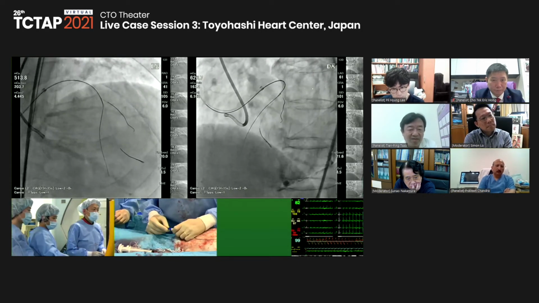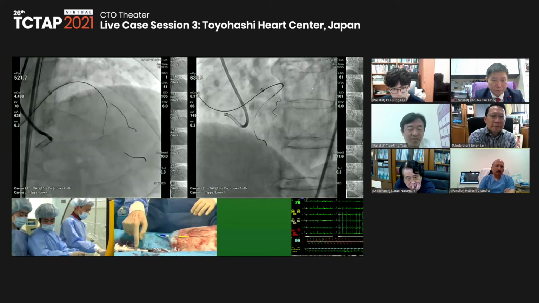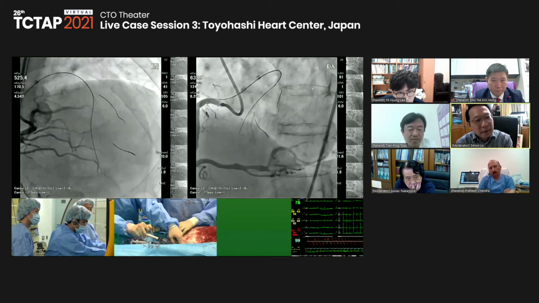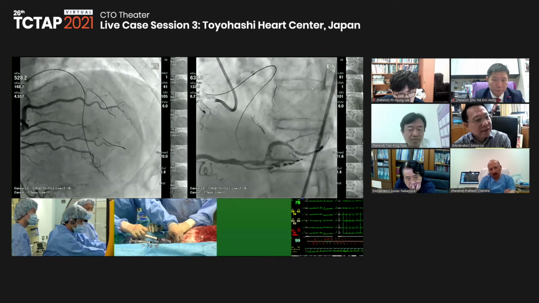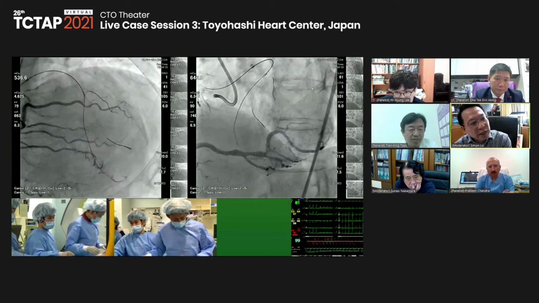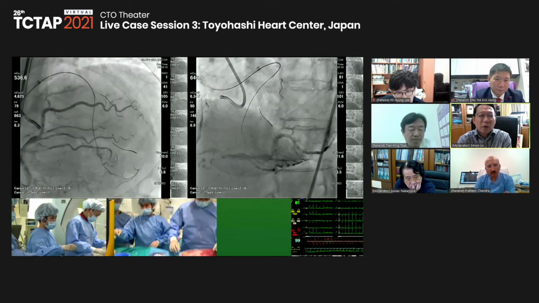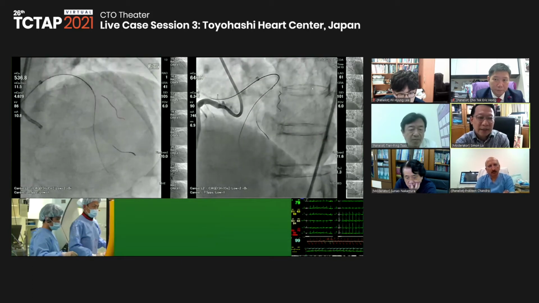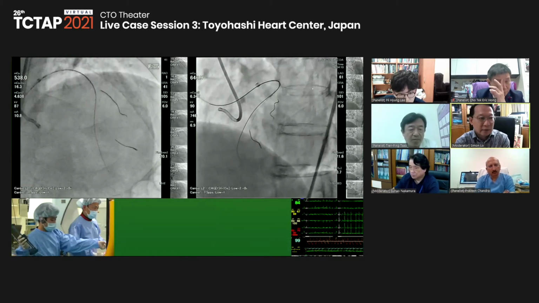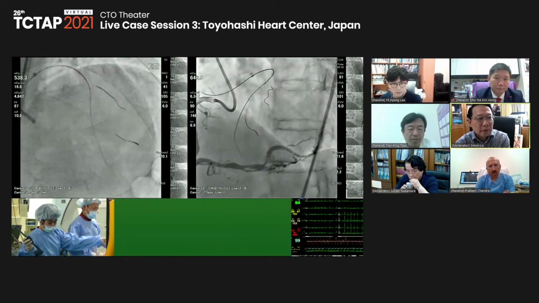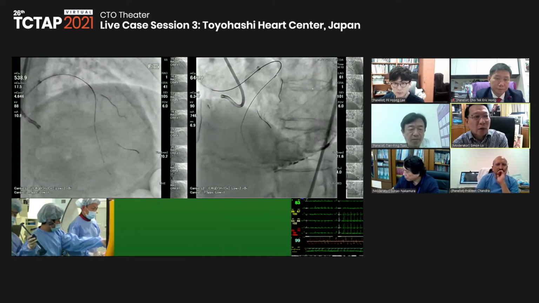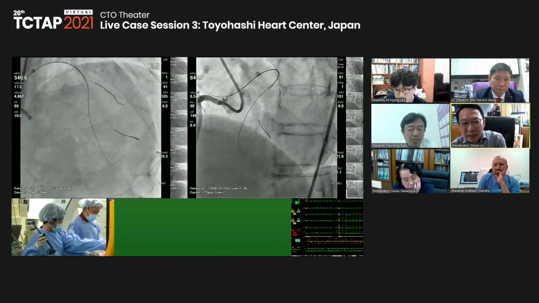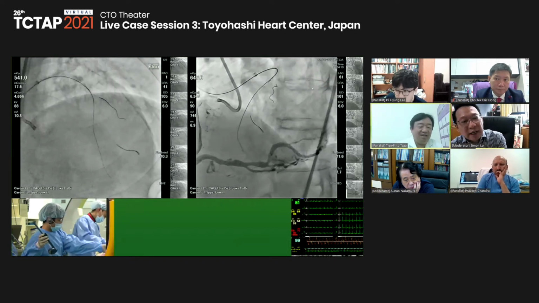So, well, as you're taking out the double lumen catheter, I just asked the panelists now, what is the next step? Would they use a single stent strategy, or would one consider, because that first diagonal is actually quite a sizable diagonal, would you consider stenting a diagonal and then a two-stent strategy, or would you use a single stent strategy? Dr. Xiao from Taiwan, would you use a single stent?